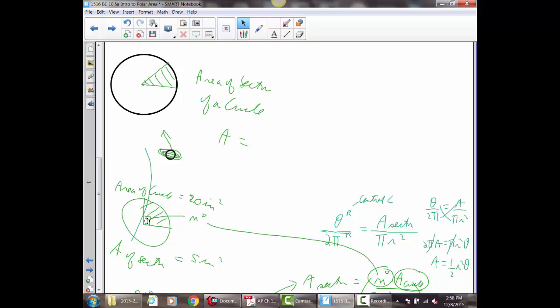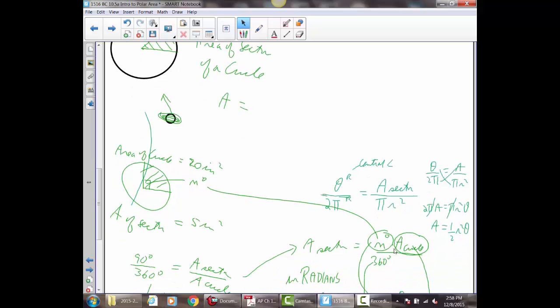But instead of degrees, if we look at radians, the ratio of the central angle in radians to 2 pi radians equals the same ratio as the area of the sector to the area of the entire circle, which is pi r squared. If you cross multiply, cancel out the pi's and isolate the area, you get this famous formula,